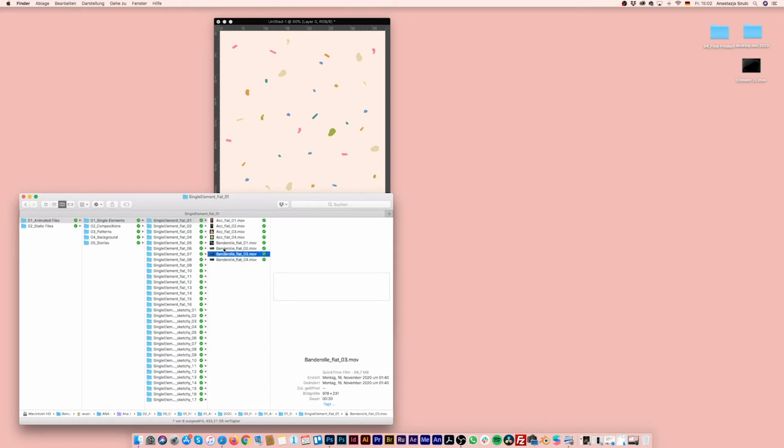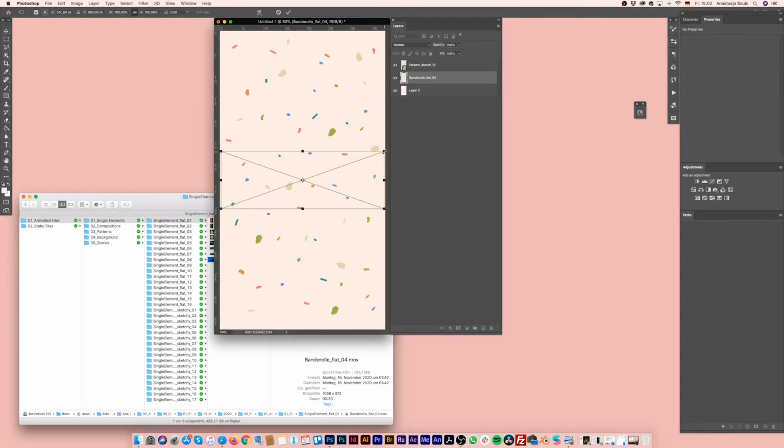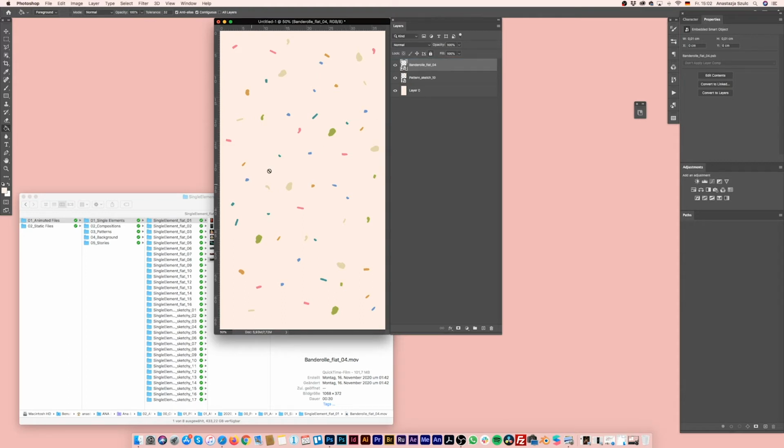The next thing we can do is maybe add some, I don't know if I called it the right way, but I think it's called a banderole or something like this. So we add it here, and you can see you don't see anything at the beginning, because this element builds up when the animation goes on. So the first frame is nothing to see, so just don't freak out when you don't see anything, because it builds up. So let's head over to the timeline to make it visible.